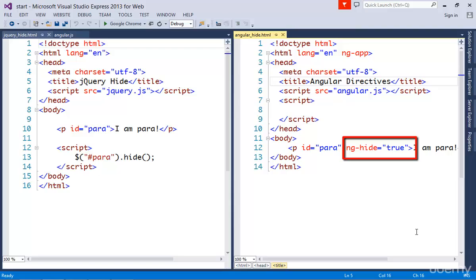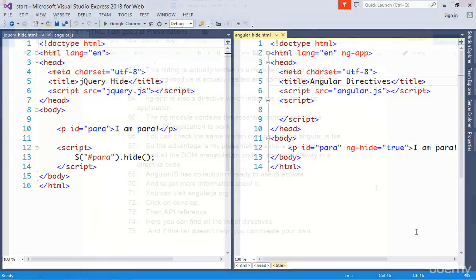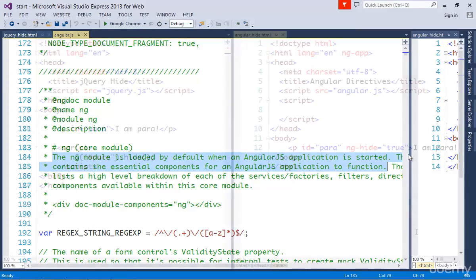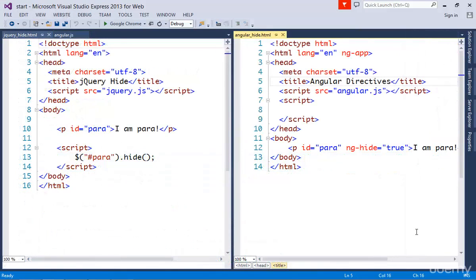This hiding is actually written in a module called ng module. And ng module is actually loaded and compiled based on this attribute ng-app. ng-app is also a directive which initializes our AngularJS application. The ng module contains the essential components for the AngularJS application to work. You can check the same written over here in the angular.js file. So the advantage is my presentation is more expressive and all the DOM manipulation code is abstracted away in the